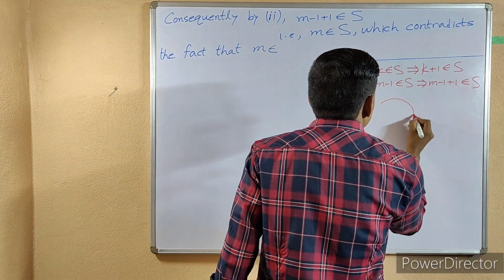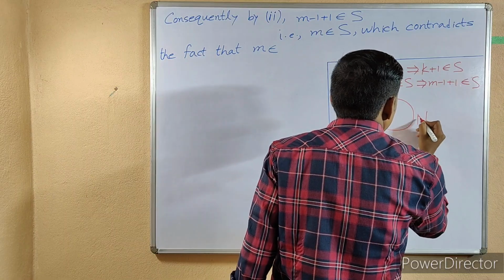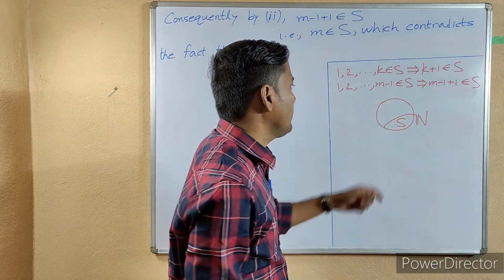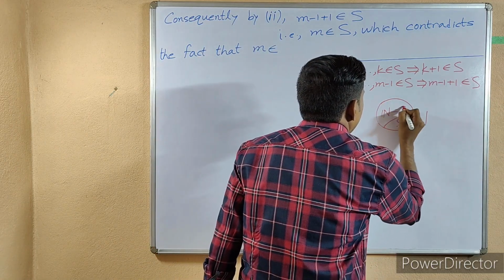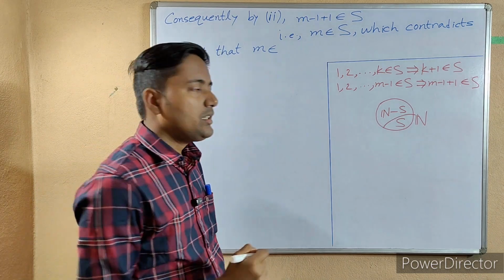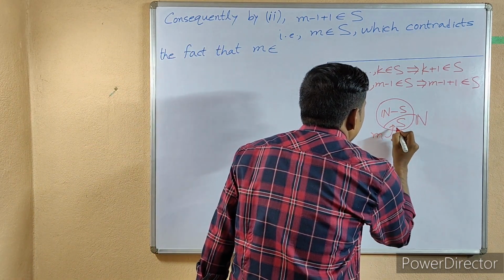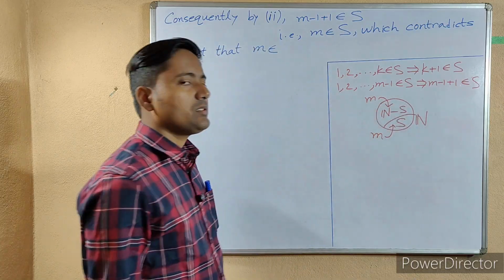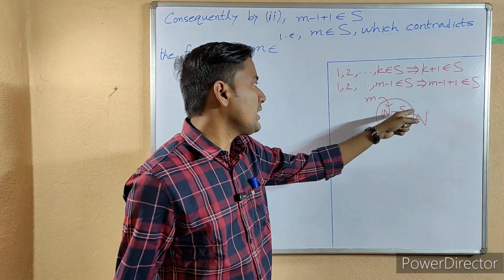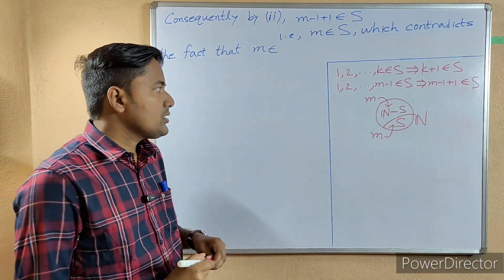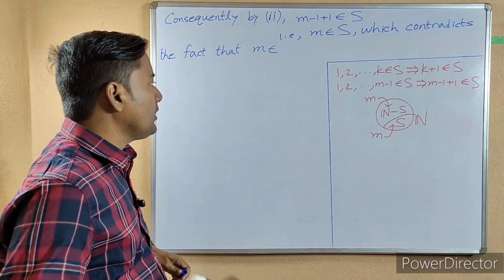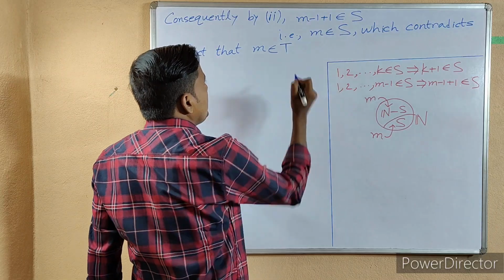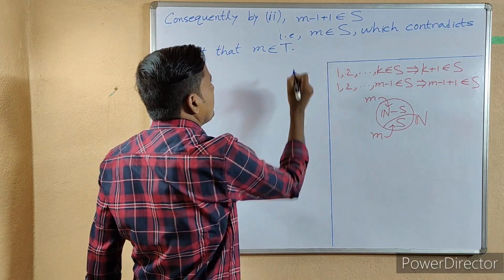Suppose this is N and this is S. So this is N minus S. Clearly, m belongs to S contradicts m belongs to N minus S, because S and N minus S are disjoint. So m belongs to S contradicts m belongs to N minus S, that is m belongs to T. Okay,